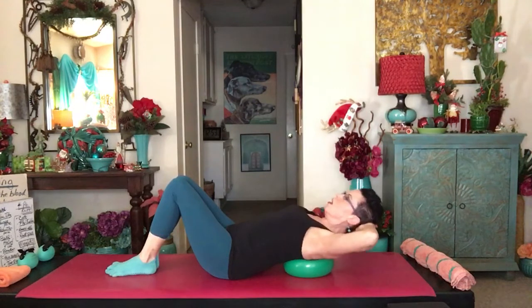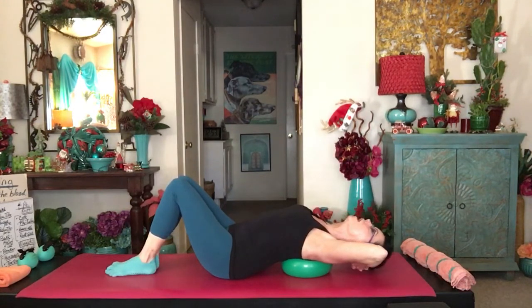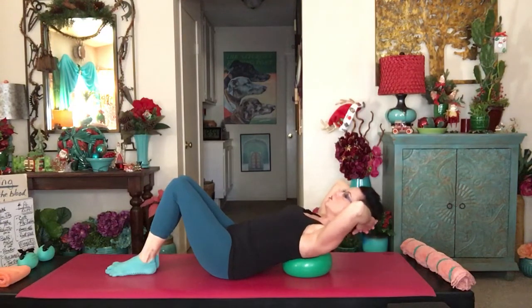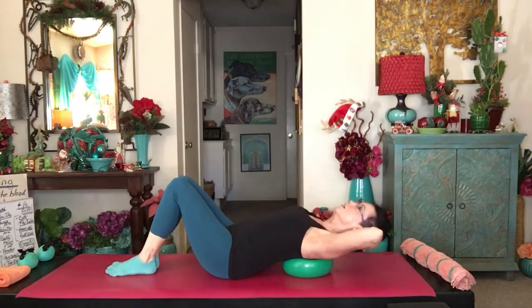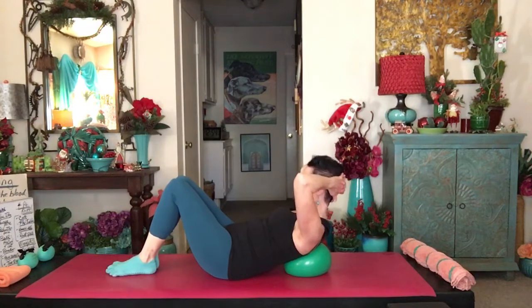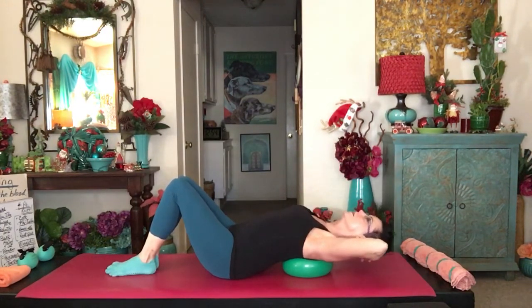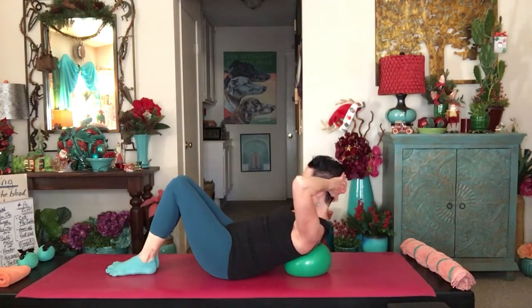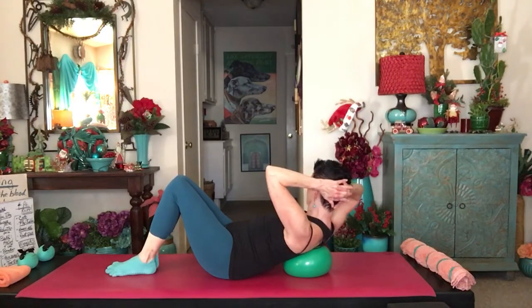All right? And so we arc back, inhale, nod the chin first, slide the bottom of the ribs down towards your hip bones and bring it to that slanted neutral, basically, and feel the contraction in the front body muscles here. All right, so arc back, inhale, nod, exhale to the slant. Let's do that again. Arc it back, nod and lift and stay, and now we're going to twist to the right without falling off your ball,